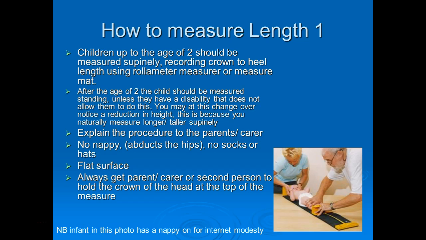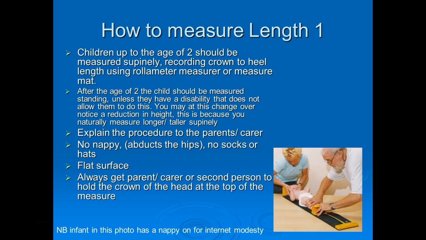So how do we measure length? As I mentioned earlier, children up to the age of 2 should be measured supinely, so lying down, recording the crown to heel length using a roller meter measure or a measure mat. Once the child reaches the age of 2, they should be measured standing, unless of course they have a disability that doesn't allow them to do this. It's important to explain the procedure to the parents and the carer, and as I alluded to earlier, no nappy because it abducts the hips, and also no socks or hats because of course that's going to add millimetres on the child's length. Flat surface ideally, and use your parent to be the second pair of hands or another professional